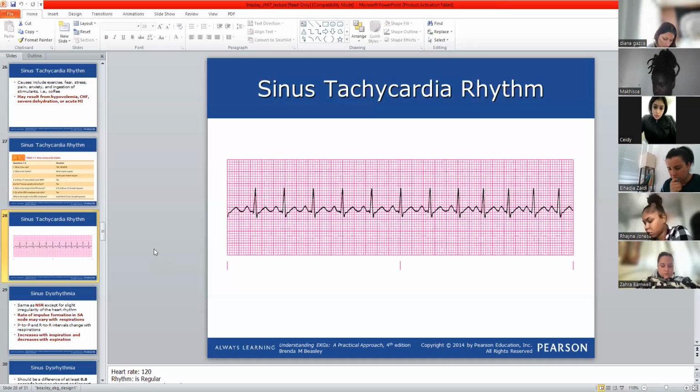Then we have the PR interval, which looks to be about 3 boxes worth, which is 0.12. So that's also a good rate. And let's see here, the QRS is also normal. It's between 0.12 and